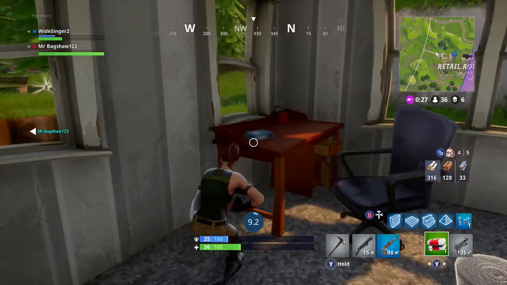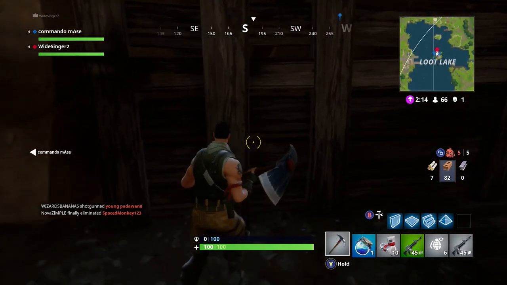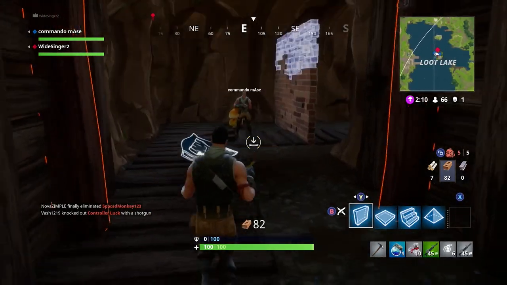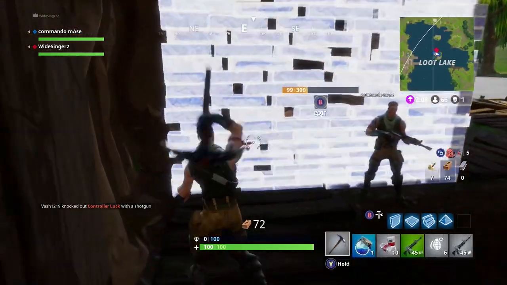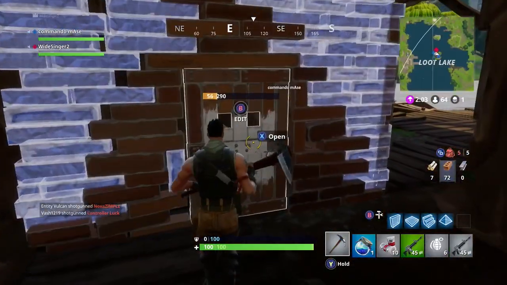Now, the next tip I have is actually one that can only be done in duos and squads. Obviously in solos you can't do this very well, and basically what it involves is downing your teammate, and you can actually revive them through a wall. I think this is really cool. For example, if you've built a structure and you want to revive them through the wall, for example, you can see here,